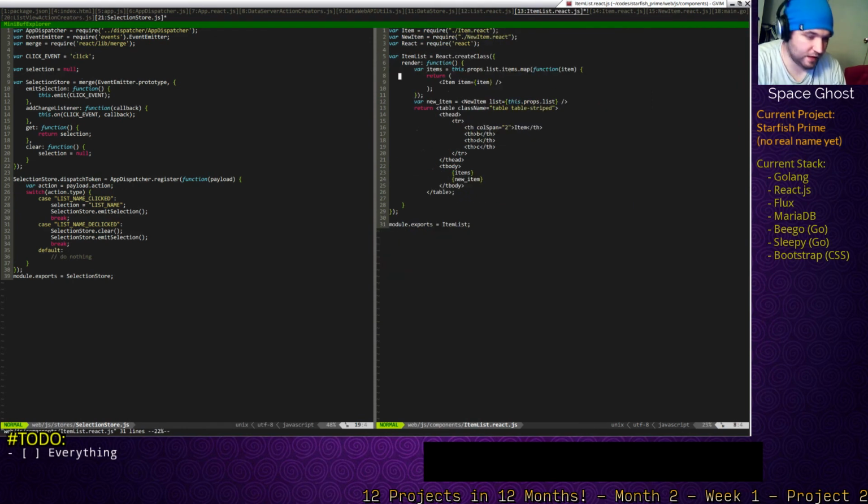So in item list, we have these items. Which we